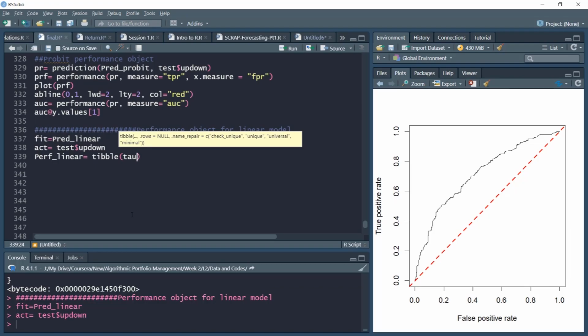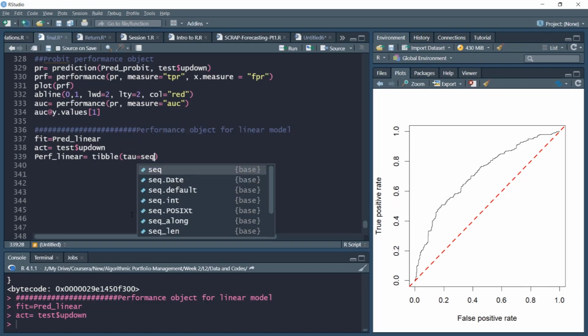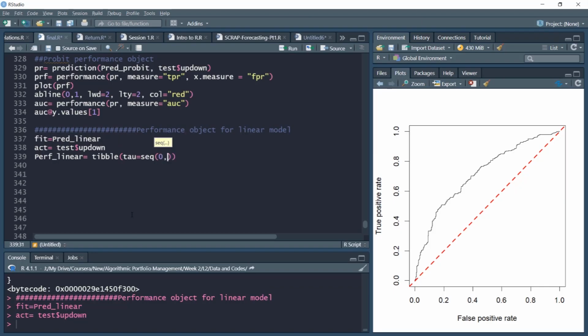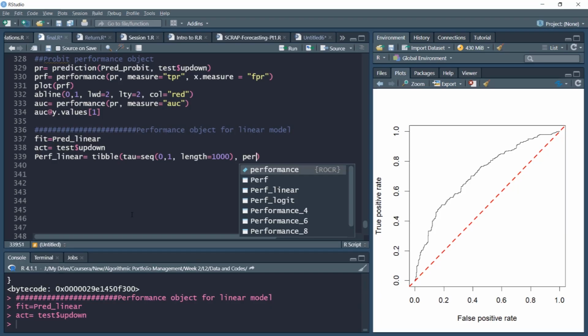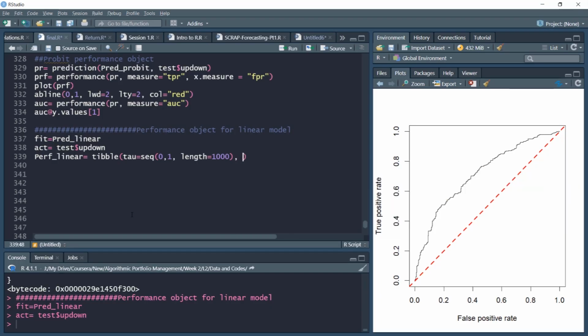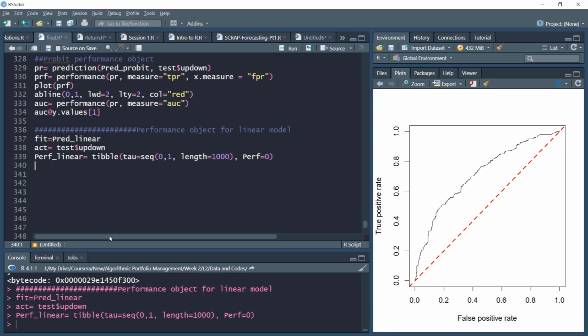Remember, the taus here will be a sequence of 0 to 1, and we'll keep the length 1000, same as earlier. So 1000 threshold values will be created from 0 to 1 at equal intervals, and we'll initiate the performance object with the value of 0. So this will be our linear performance object.